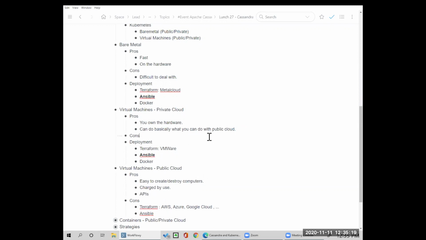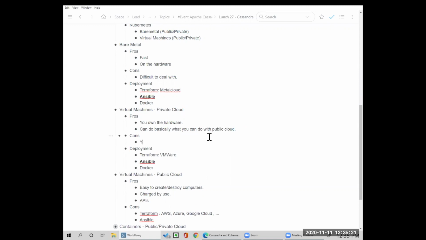The cons for private cloud are, your hardware breaks. Right? You're screwed, because it's your hardware. There's no magic pool of hardware that is coming and helping you with this.